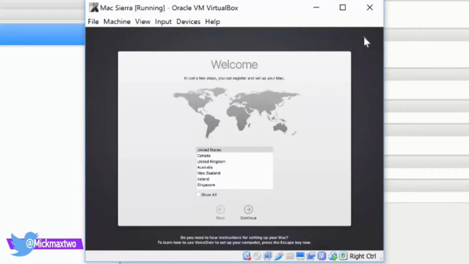And there you go. So you just have to configure it, select the country,